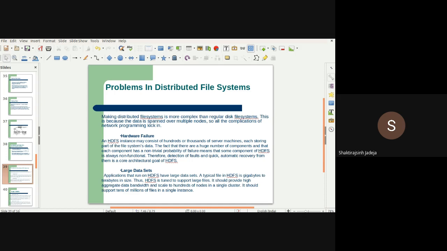It should support a huge range of files in terms of indexing, in terms of storing, in terms of retrieving the required information, right? So there are a number of operations that happen in the background.